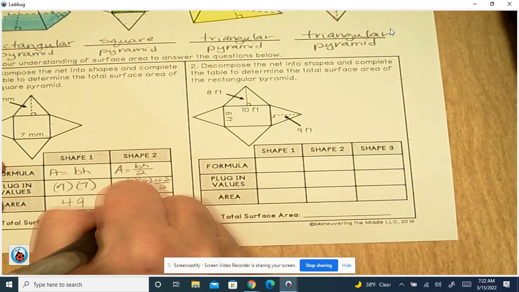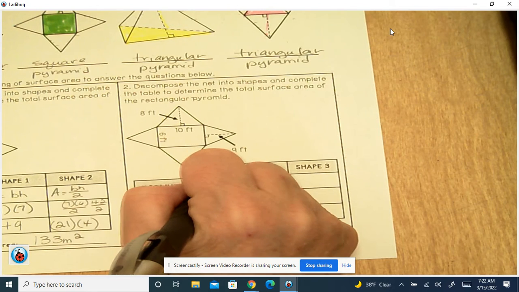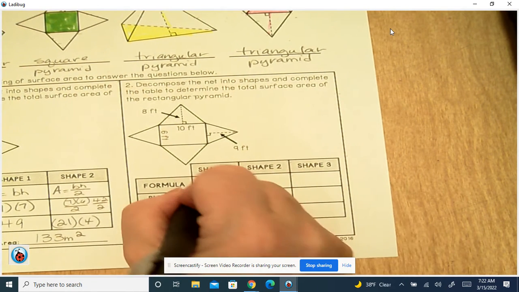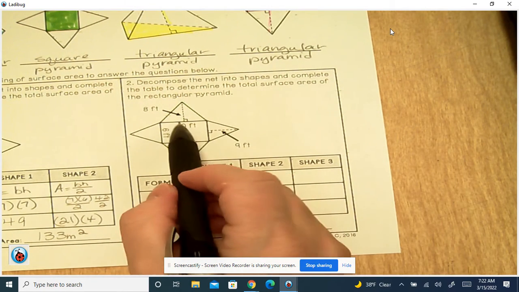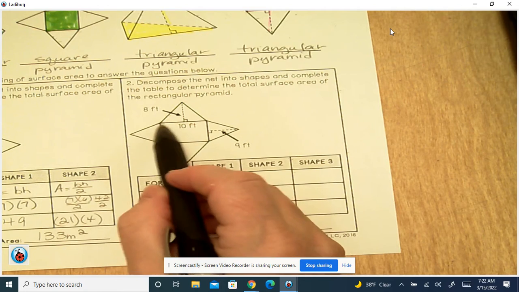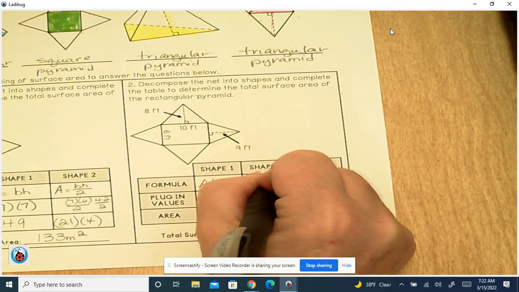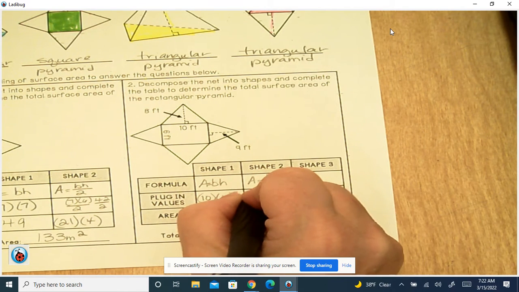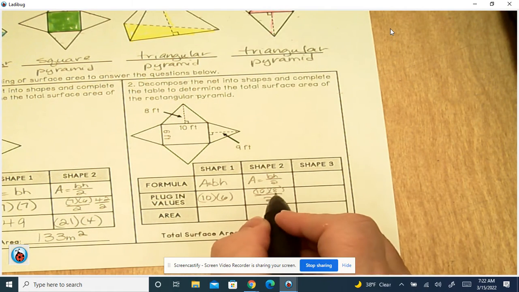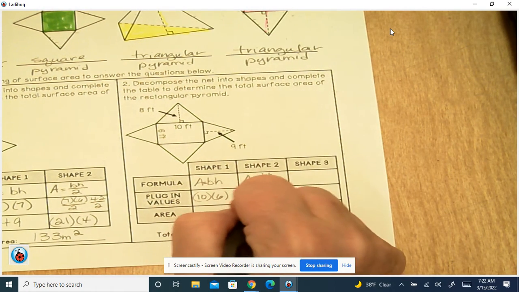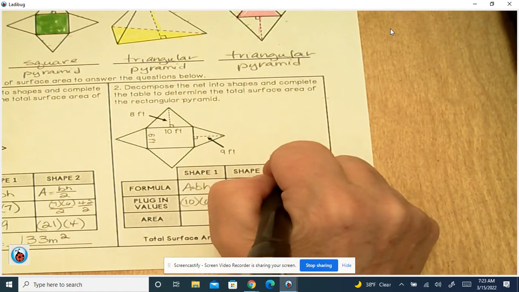All right, here we have a rectangle, whose area is base times height. And that's going to be 10 times 6. But if we look here, we've got two different bases for the triangles. So we've got one that has a base of 10, and the triangle's area is base times height divided by 2. So we've got 10 times 8 divided by 2. 10 times 8 is 80, divided by 2 is 40. But we have 2 of those, so we've got to multiply it by 2. And then the other triangles,